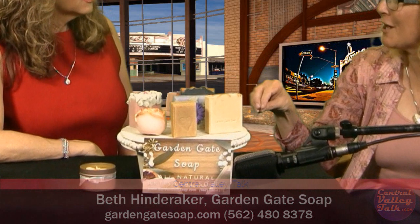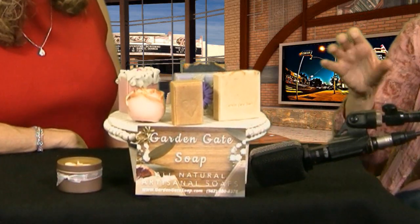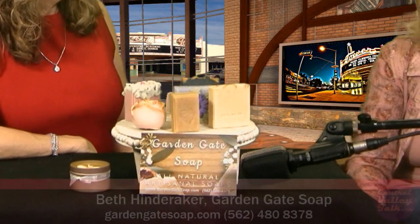For example, if we were to take a soap like this, how many washes would a person typically get? I know everybody's different, but is there an average that a bar of soap like this would last? Months. Yes. If you don't leave it in a puddle of water in the shower, which will turn any soap mushy, if you remove it from the shower or place it on a good soap dish so the air can circulate,